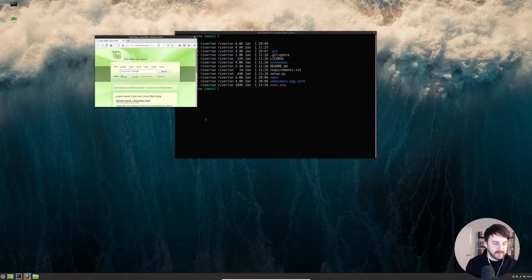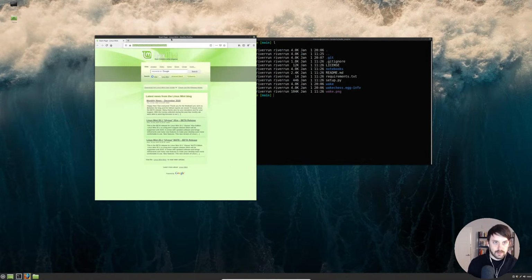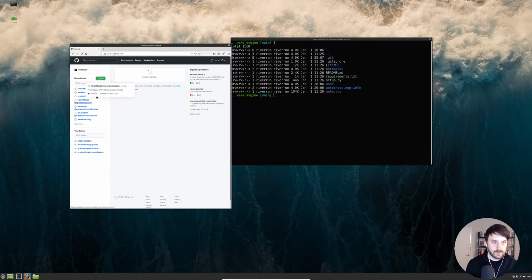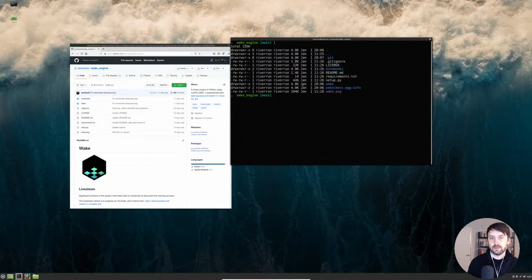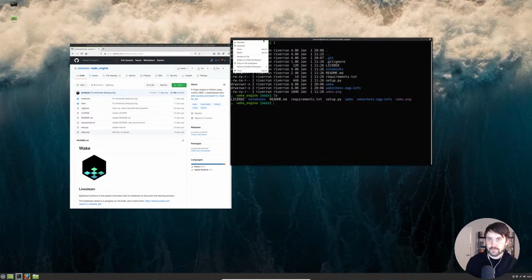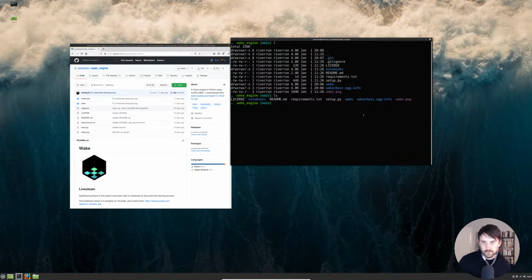I fixed some bugs since last we spoke, and so what we're going to do is head over to GitHub. And I'm going to try to bump up the size of the terminal, although to be honest with you, Mint is still a pretty new OS for me. But let's see if I can fix some of this. By the way, I think we should just be able to run on Mint.